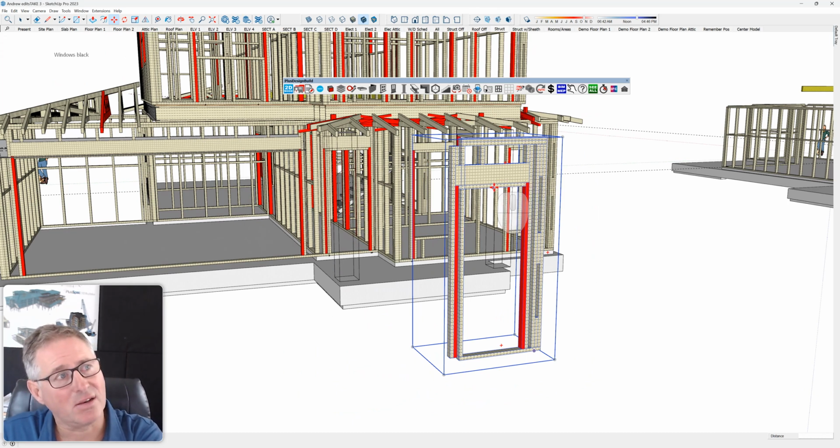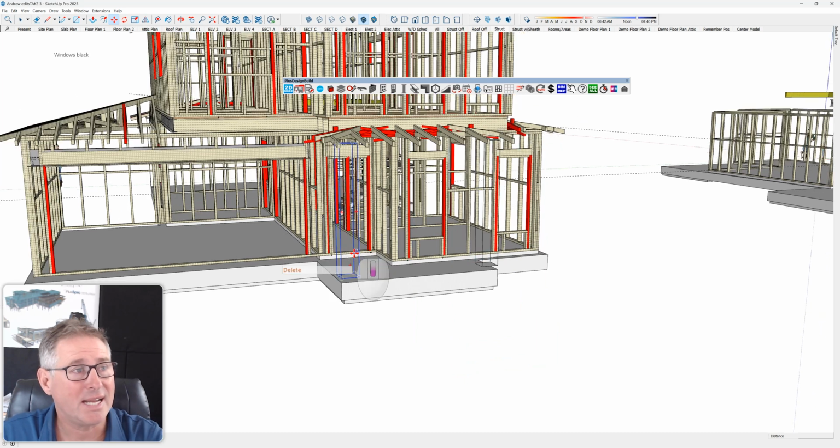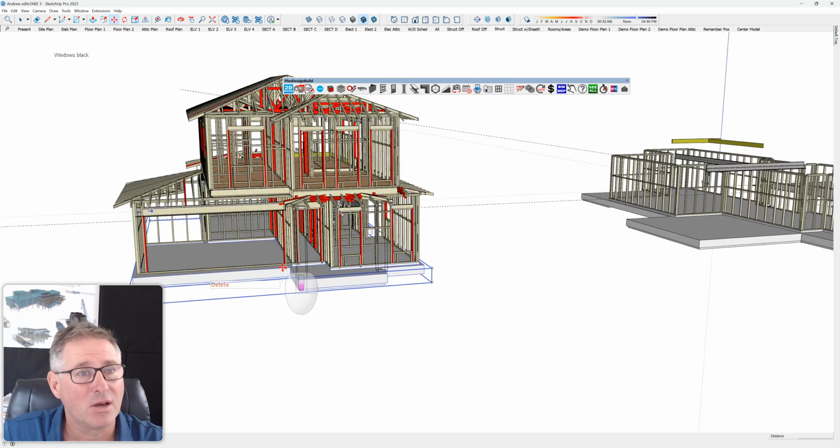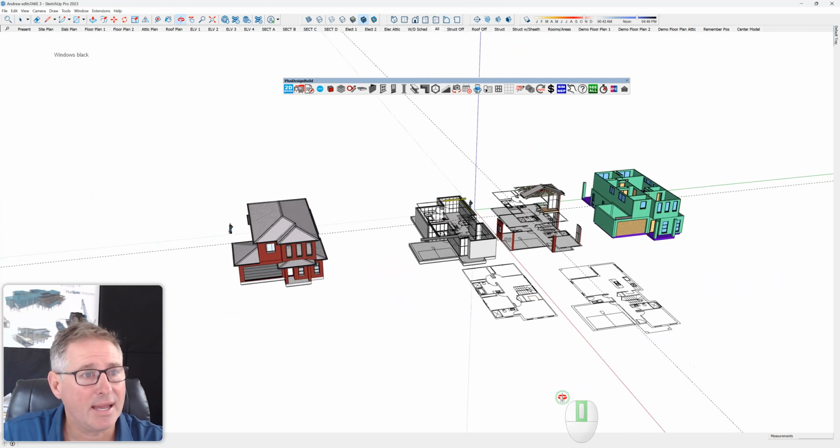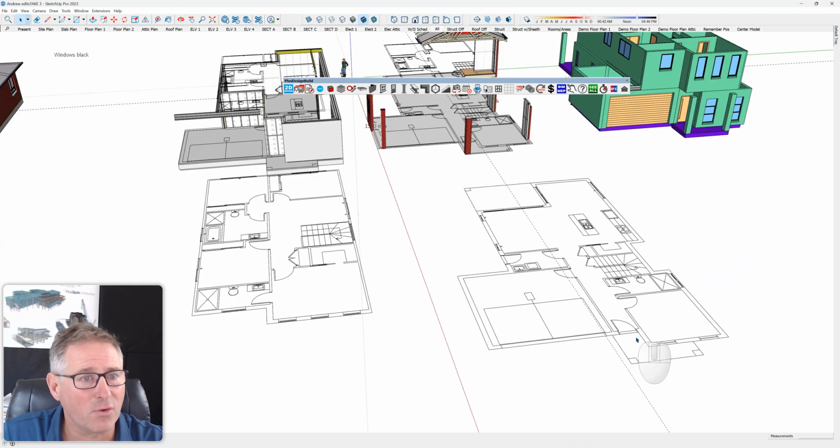This is actually incorrect, and it comes down to the designer considering where windows and doors are before they draw their walls. Now, he did have a plan, and this should not have happened. I'm going to show you how this should have been done. I'm going to go to All here, and we're going to go to our floor plan over here,